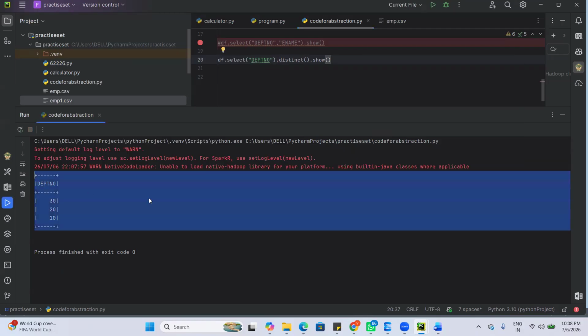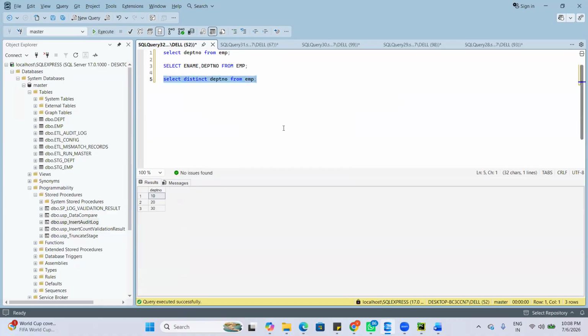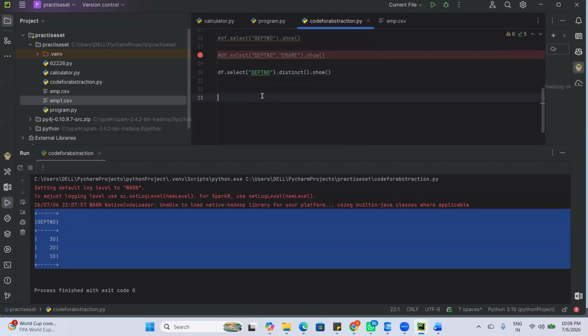Are you able to see distinct department number? Yeah. So do you remember in SQL how we used to see the distinct department number? Can you tell me the query? Yeah, select distinct department number from employee. Yes or no? This is how we used to write SQL, somewhat similar to SQL. Yes or no? But the benefit is what? Any file, any database, we can just create the data frame and do the validation. Yes or no? This is a selection of columns from a particular